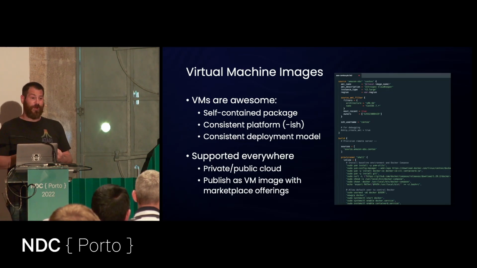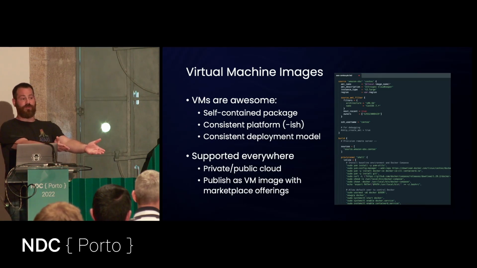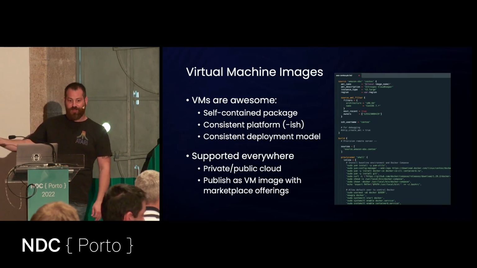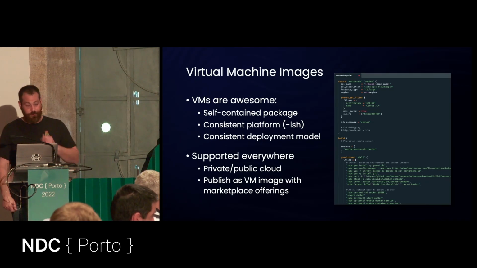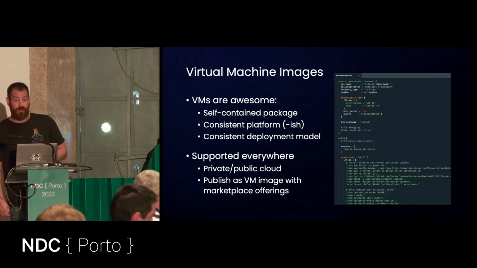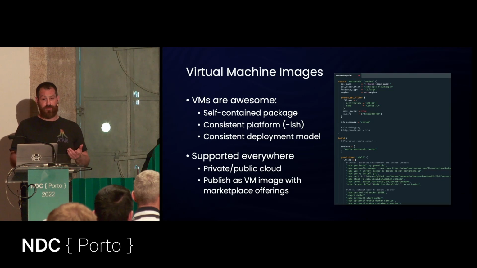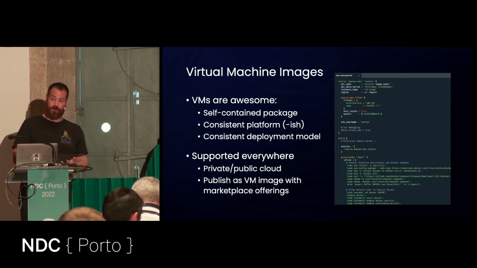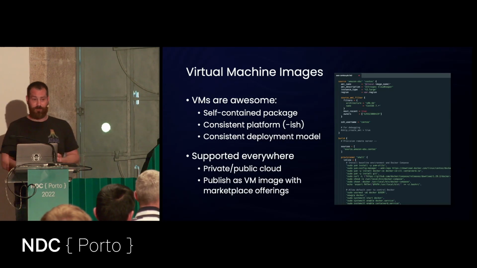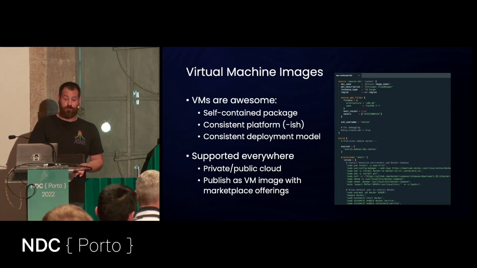Nowadays, you basically provide them with a machine image. Like, this is what I need you to run on your server. I don't care how you do it. Here's the file, here's the VHD, just run it on your server. And this is a very convenient way of deploying software because it's self-contained. You can basically provide a server that's fully configured. It's got all the initialization stuff, all the security stuff ahead of time, gives you a very consistent deployment model,